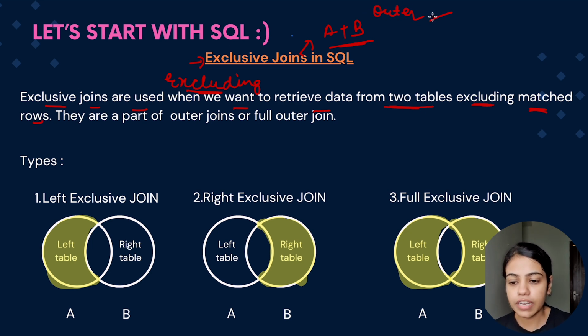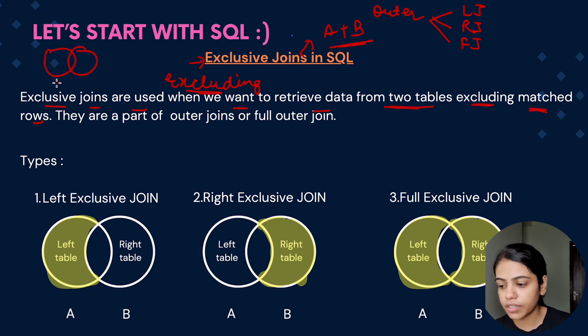Now let's go to the outer joins. In the outer join, I explained about three types of join. First one was left join, second one was right join, and third one was full join. Now what happens in the left join? Consider that there are two tables A and B, A is the left table, B is the right table. So in the left join, we used to get all the details which is present in A along with the common details which is present between A and B.